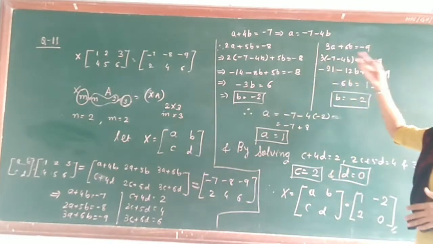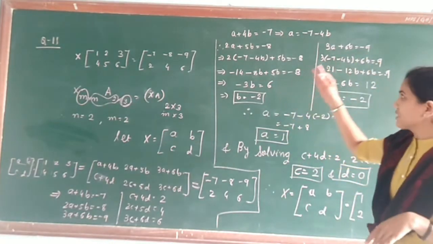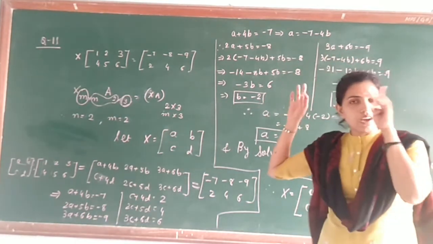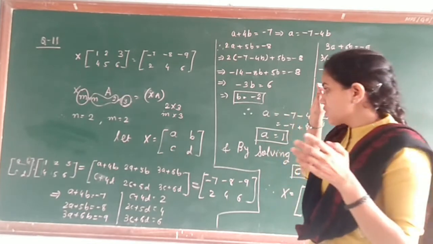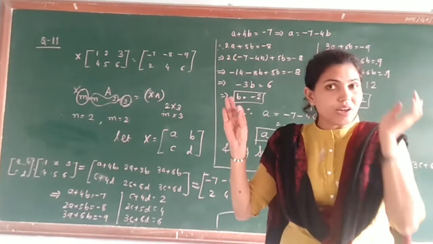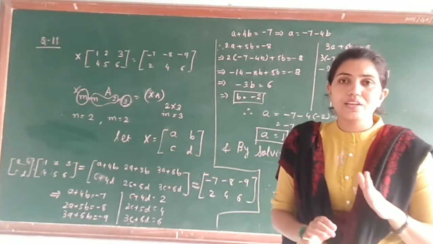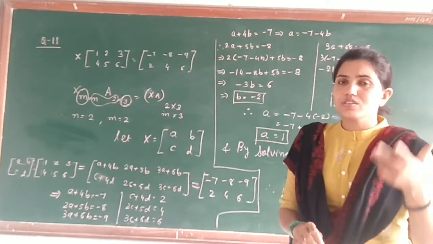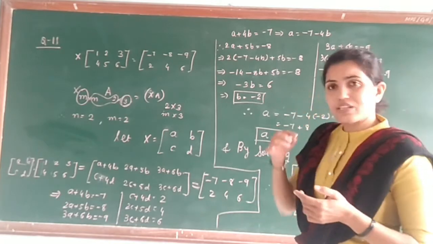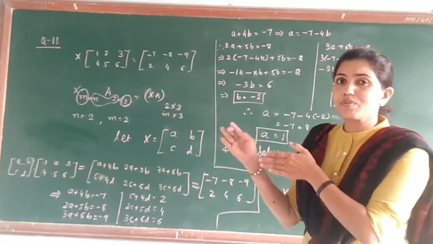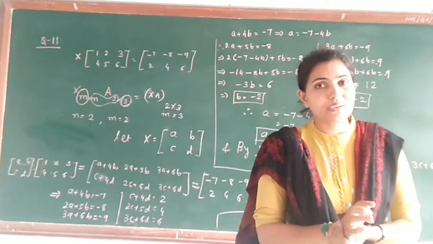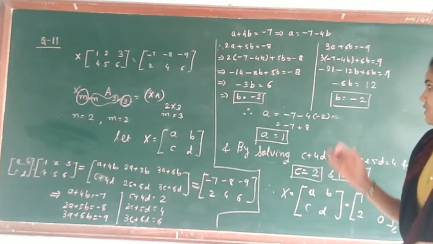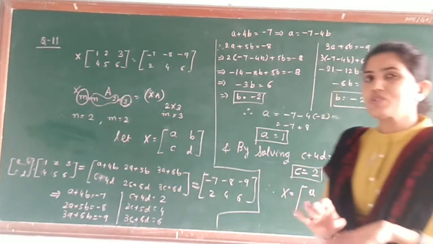Here it is an equation in two variables. That's why we have written a plus 4. This elimination method we are using. Not the elimination method, it is the substitution method that we are applying. If this method is not suitable, and it is in three variables, then you can apply the determinant method. That we will see in the next class also, when we see the next question. At that time we will introduce this method. So here this is the question for you, students. Please solve this again.